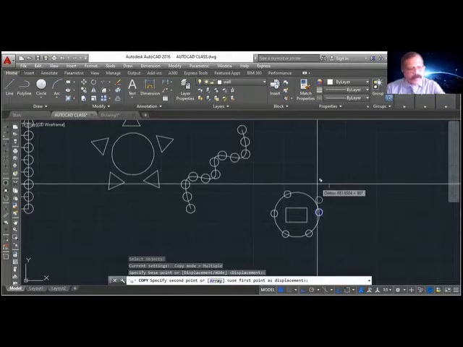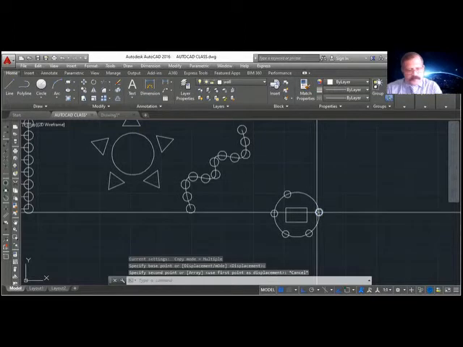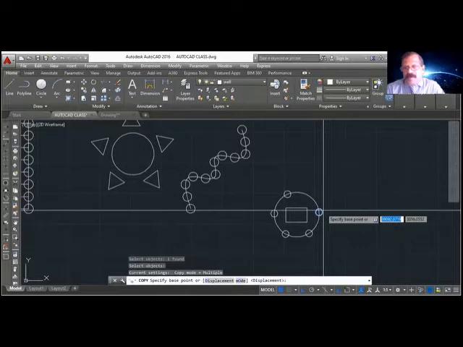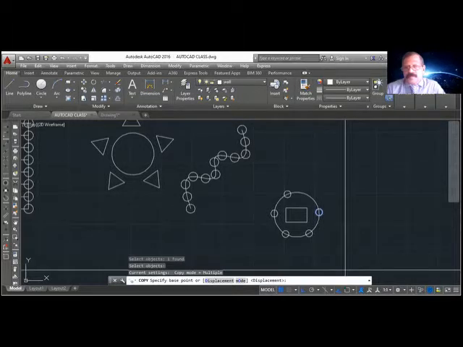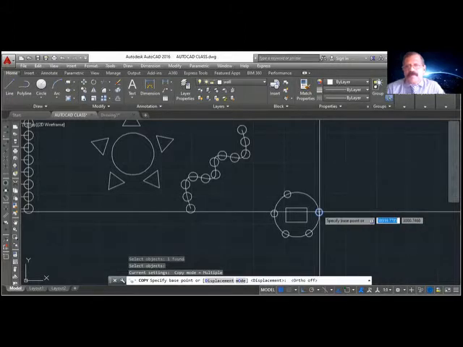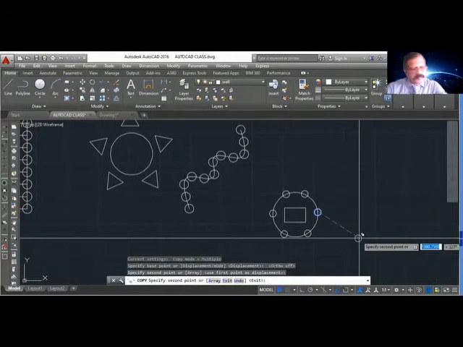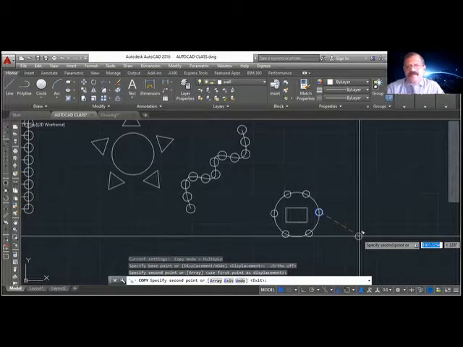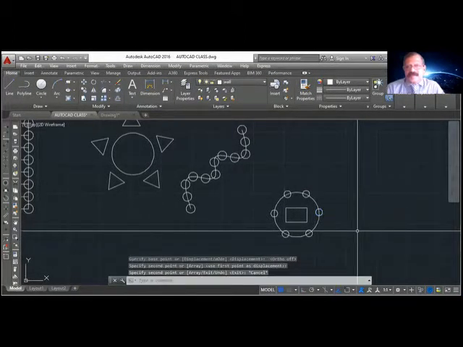You can just copy. I can copy one extra in between if you want. You can switch this off, copy and adjust like that. So this is the distance also. You can keep the distance.